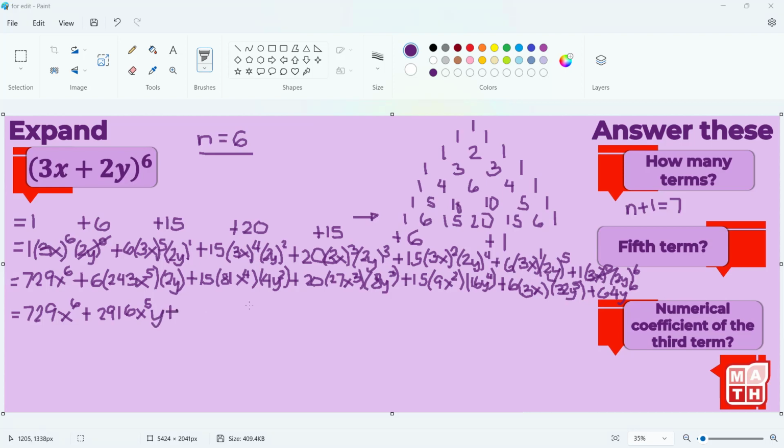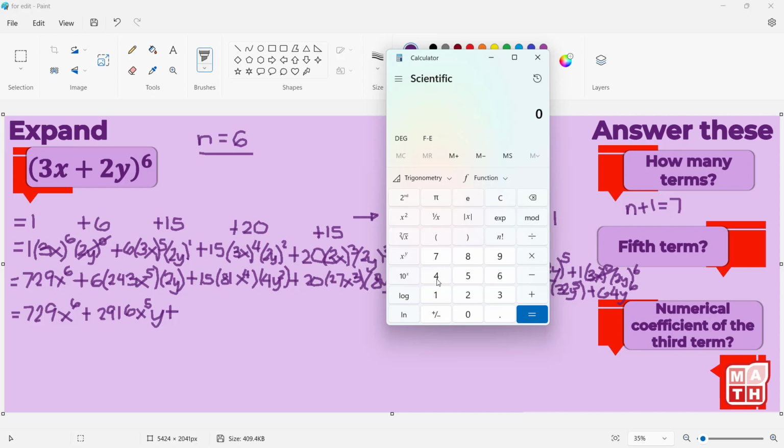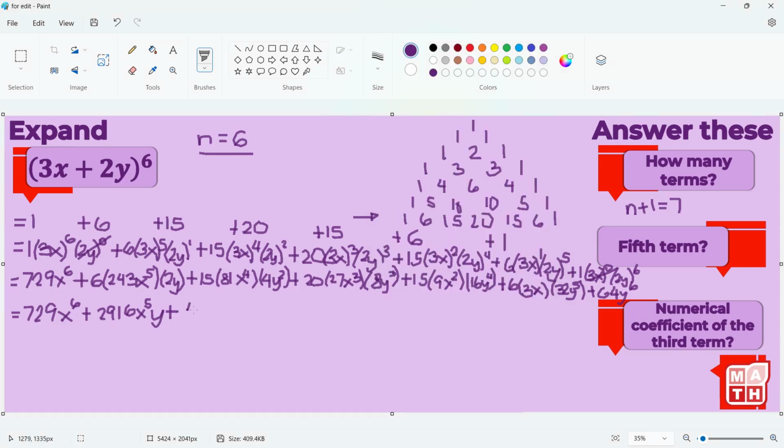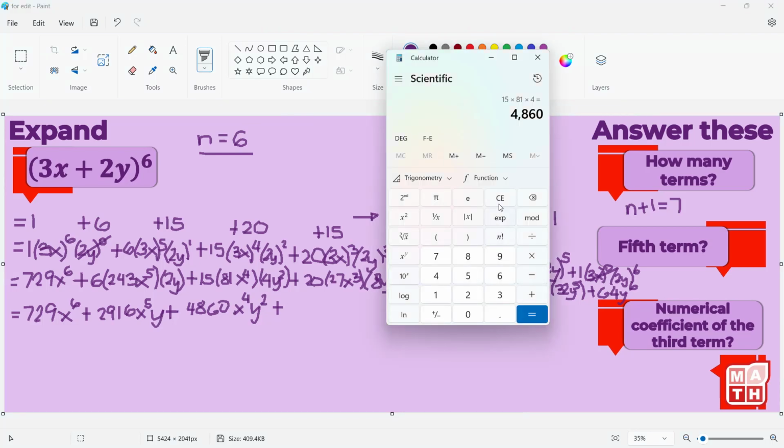Plus the next you will have 15 times 81 times 4, 4860. You will have here 4860 x to the power of 4 and y squared. Again, notice the exponents of the variables, 5 and 1, that's 6. 4 and 2 is 6, so it will reach the same here. So that's your hint. Followed with, you will have 20